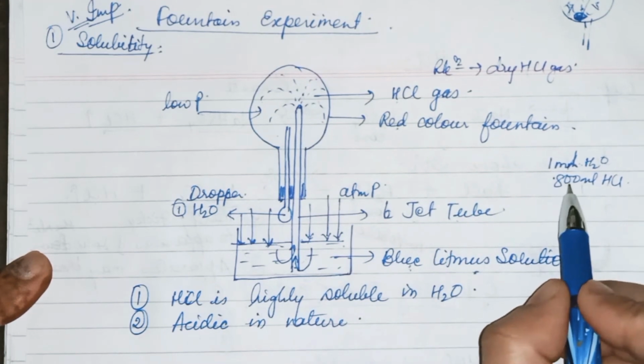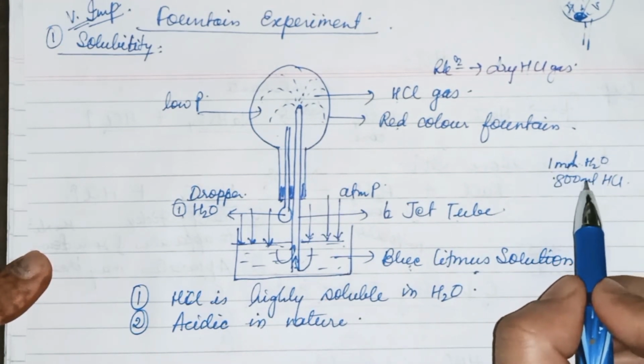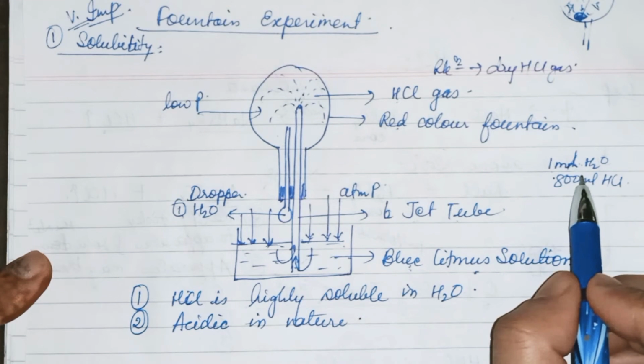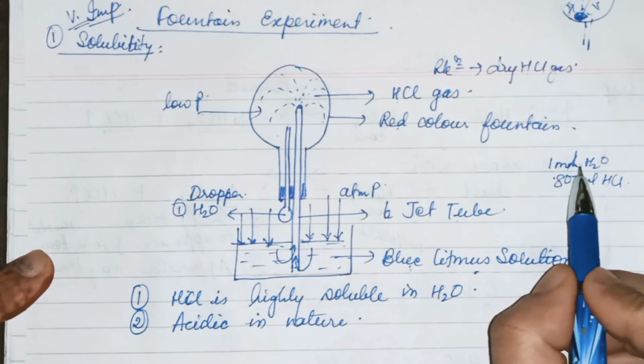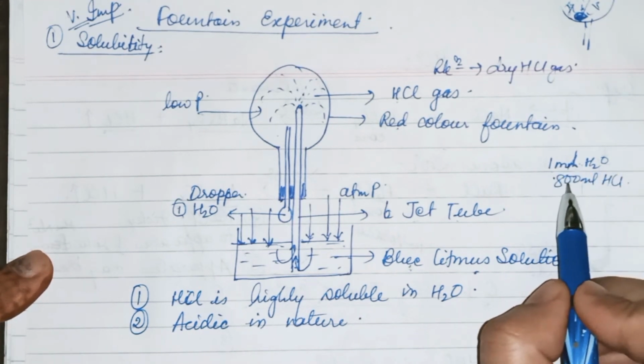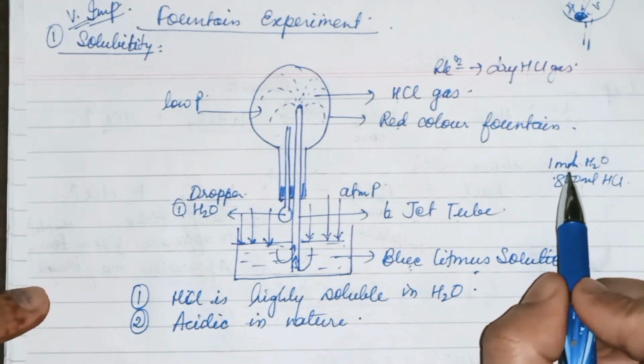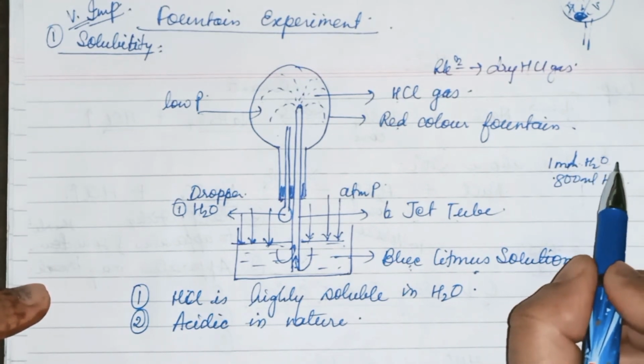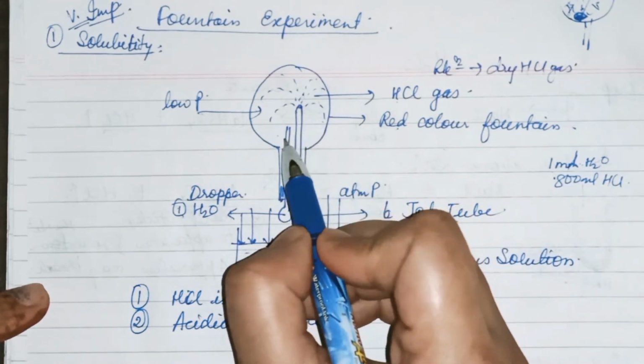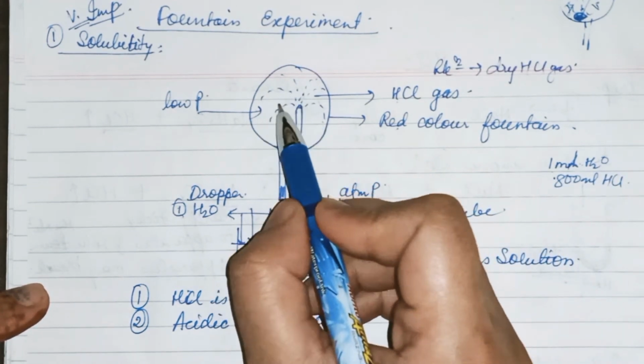See children, the solubility of HCl in water is very high. You can say that 1 milliliter of water can dissolve 800 milliliters of HCl. So you can say it is highly soluble in water. So when this water dissolves all the gas molecules, see here,